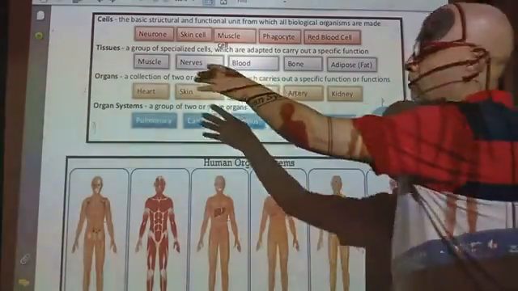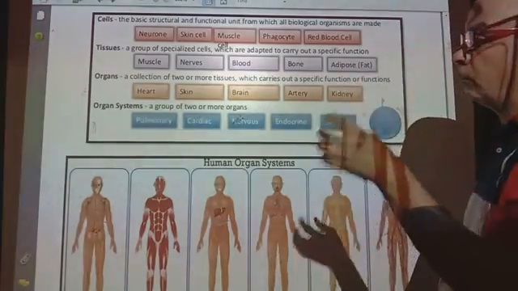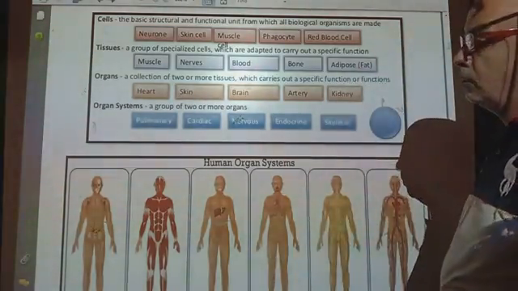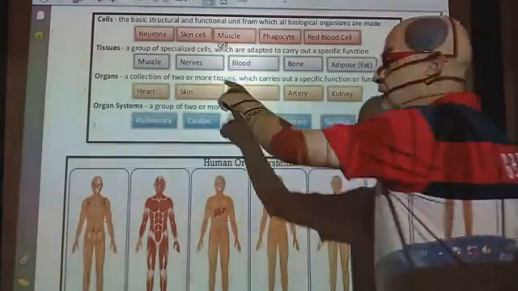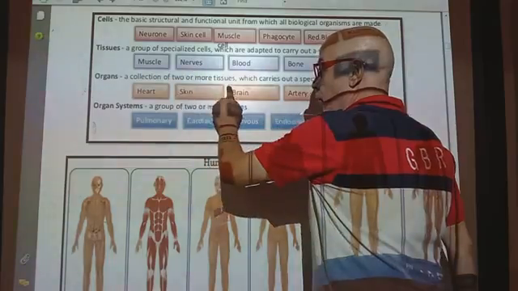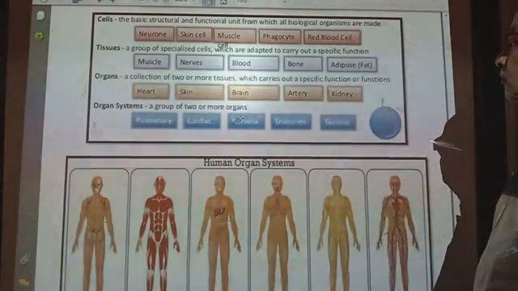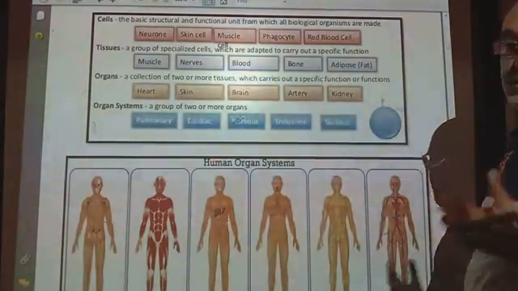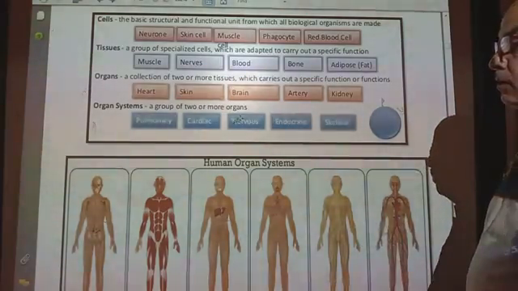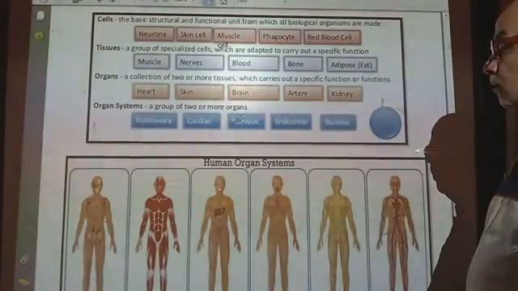If a group of tissues are connected together, they form a bigger unit called an organ. So the organ is a collection of at least two or more tissues, which carry out a specific function or even different functions. Some famous organs inside our bodies are the heart, the brain, the skin, the kidney, the lung,